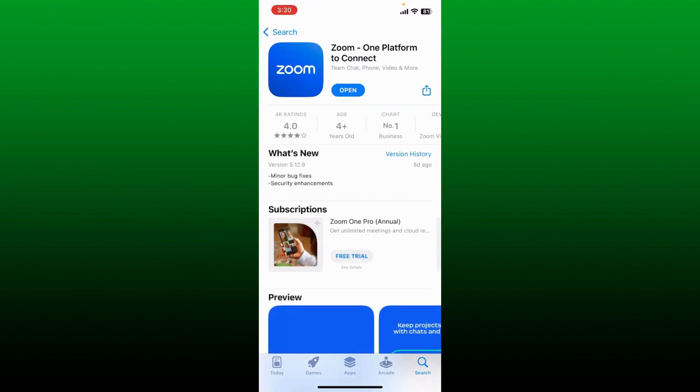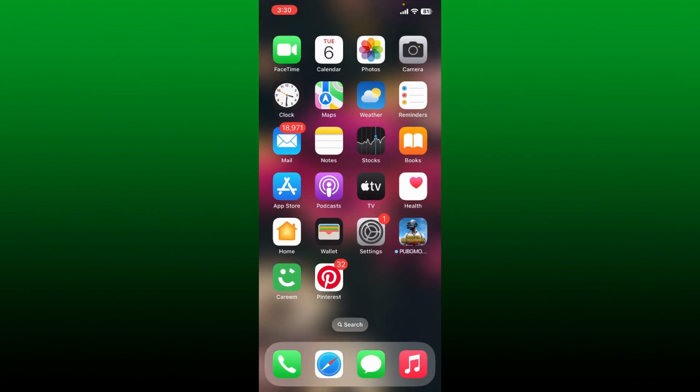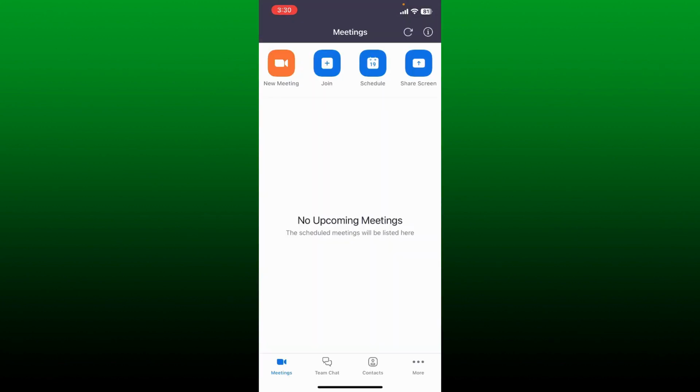If you see open, it means that you already have the updated version or the latest version of Zoom app installed on your iPhone. If you see an update button, tap on update in order to download the latest updates, and once you download the latest updates, since it comes up with bug fixes and performance improvement, you'll be able to fix your issue right away. Once you do that, go back to your Zoom app and try connecting to a meeting and see if that